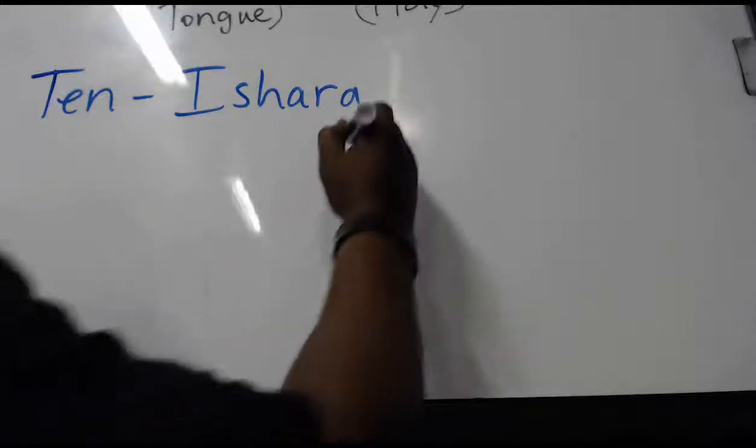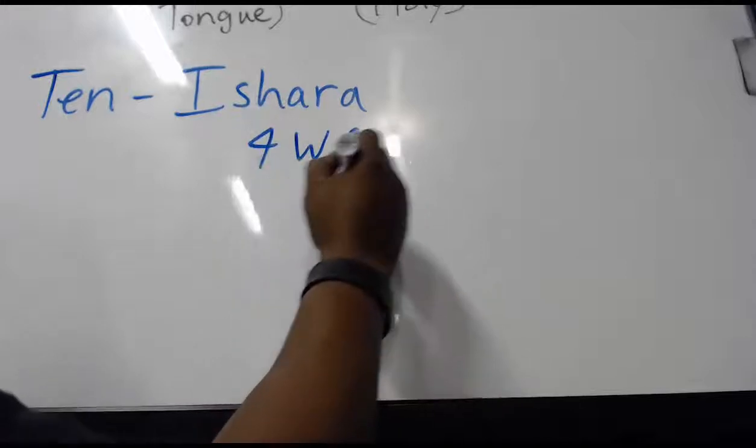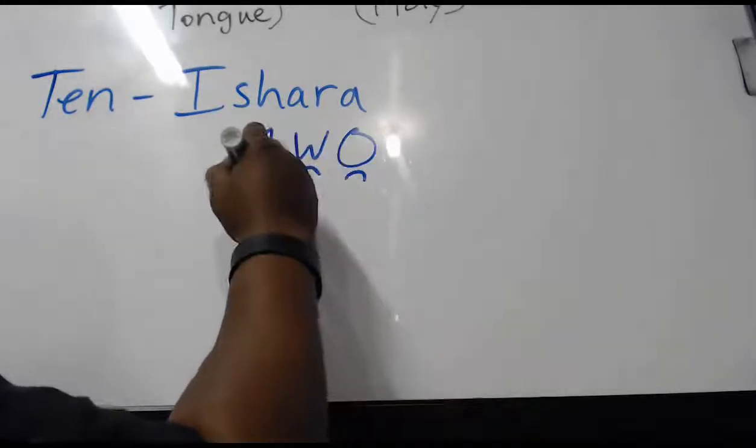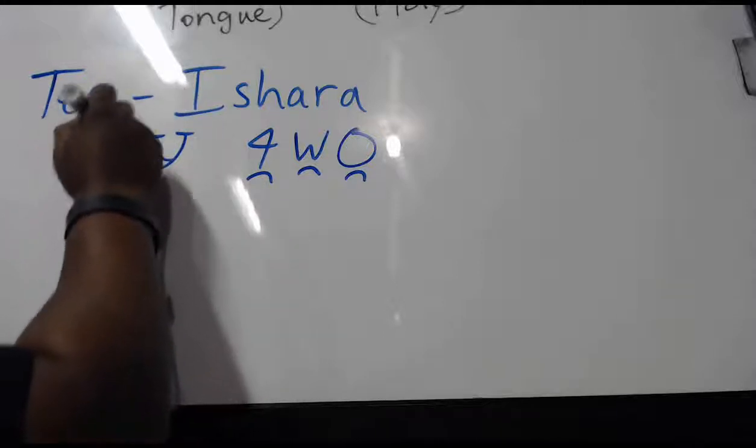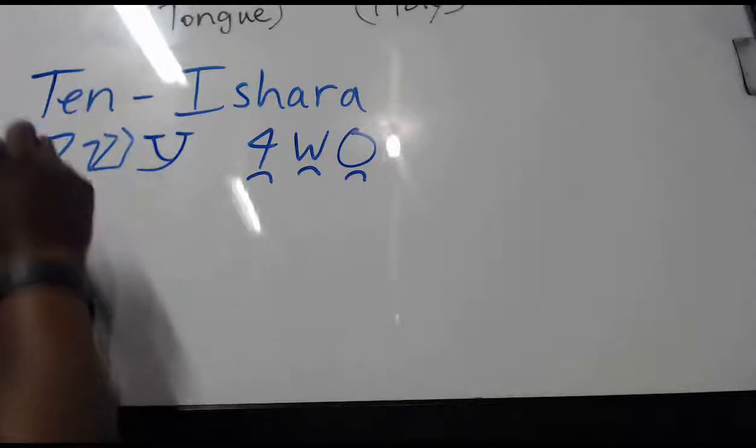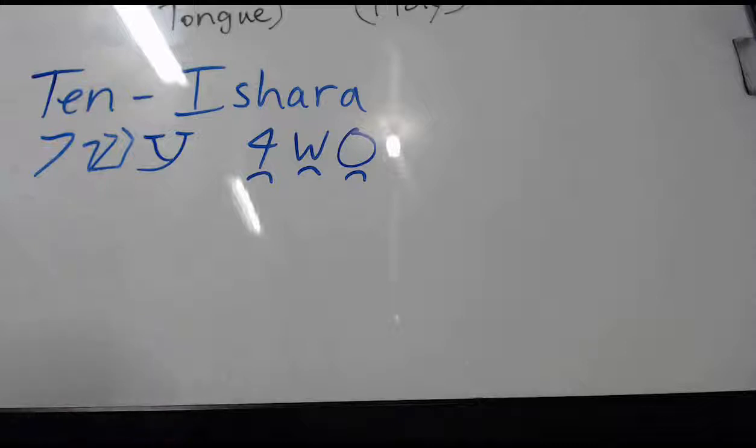All right. Aishra. That's 10. Now, as we get into multiples of 10, so let's say you wanted to say,